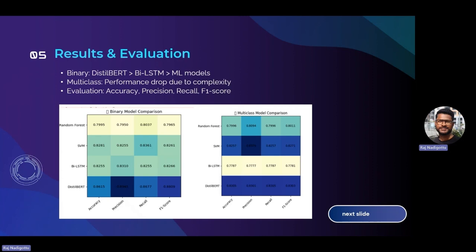Its accuracy fell from 82.55 to 77.87. SVM still performed the same as in binary, and random forest performed almost equally compared to the binary model. Overall, DistilBERT has maintained its performance across both cases.